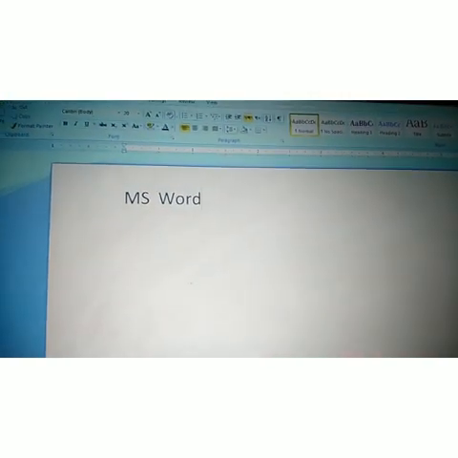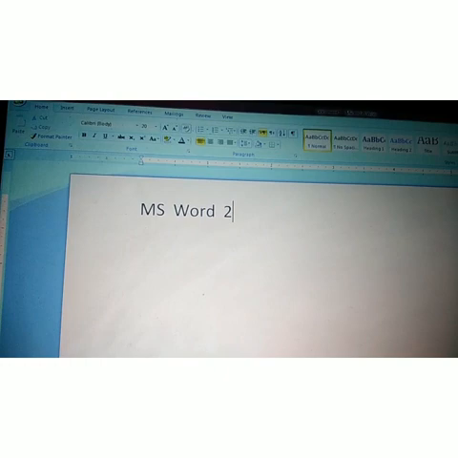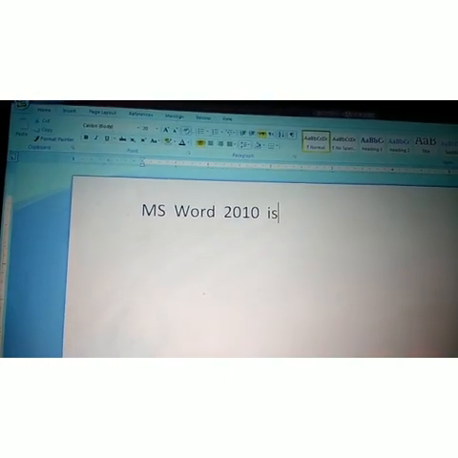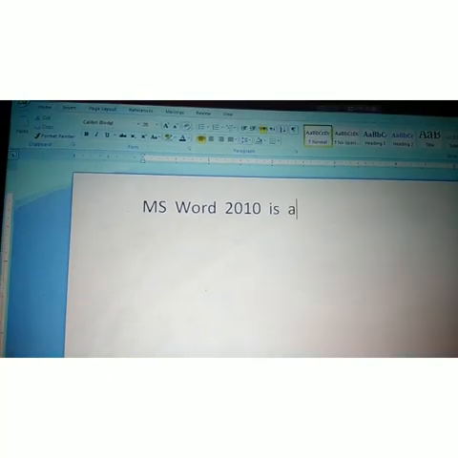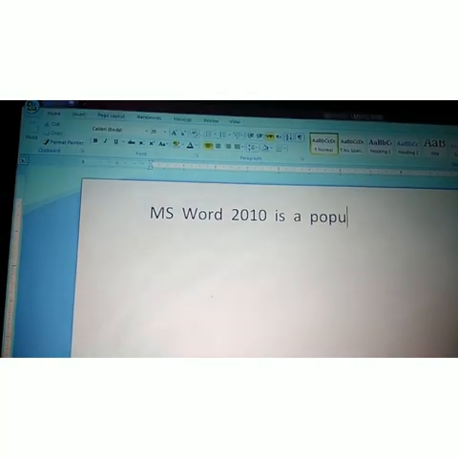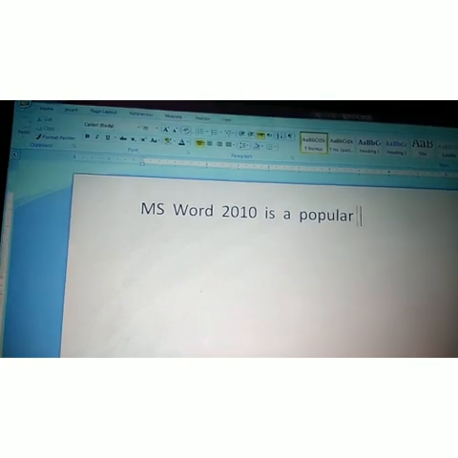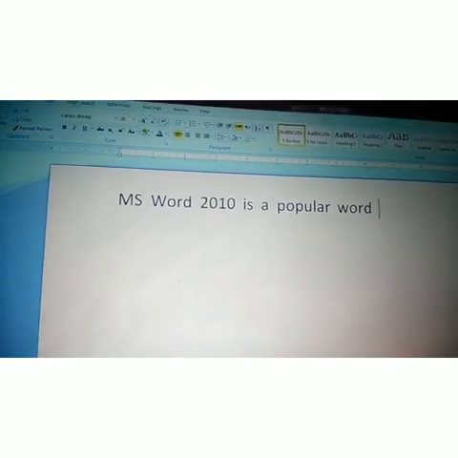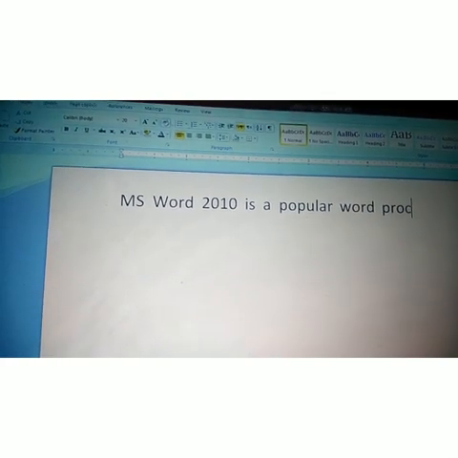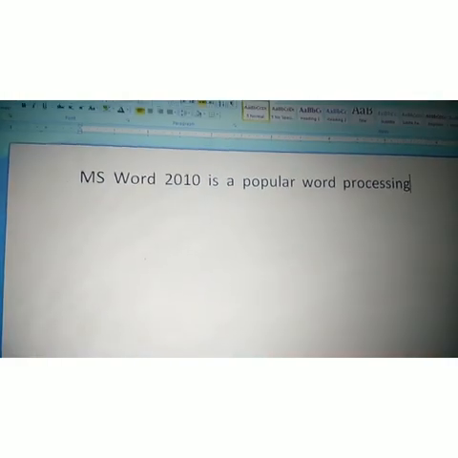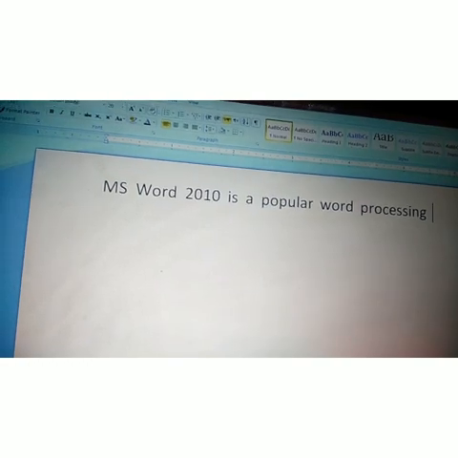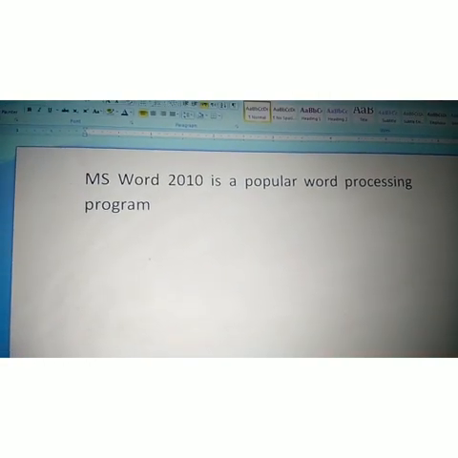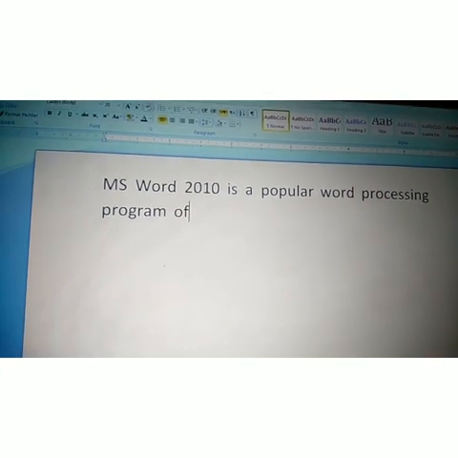Word 2010 is a popular word processing program of the